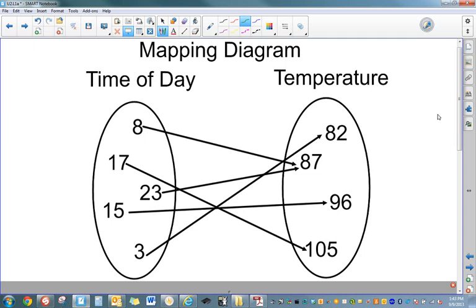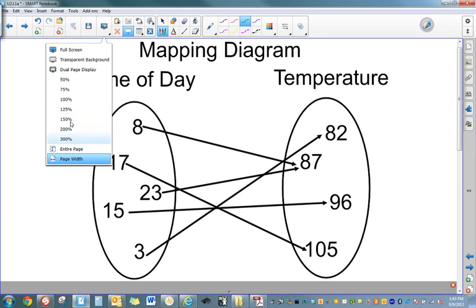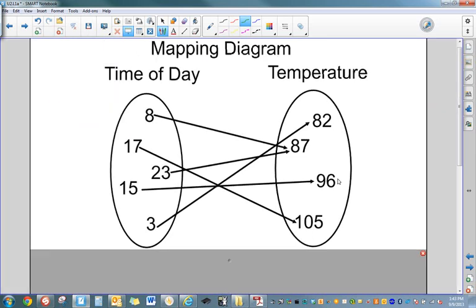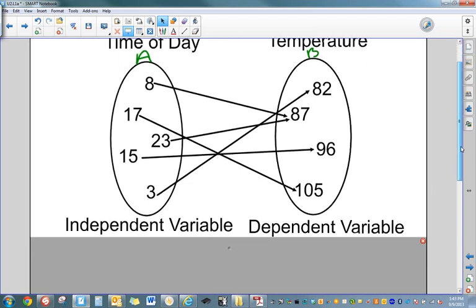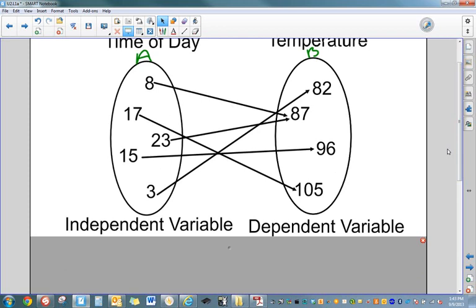So when you're thinking about a mapping diagram, when you're thinking about these two quantities, we can say that the left one is quantity A, and the right one is quantity B. And there's a relationship here that is obviously going in a particular direction. Another way that I could call A, I could call A my independent variable, and B my dependent variable. So as you get those two words copied down, independent variable and dependent variable,